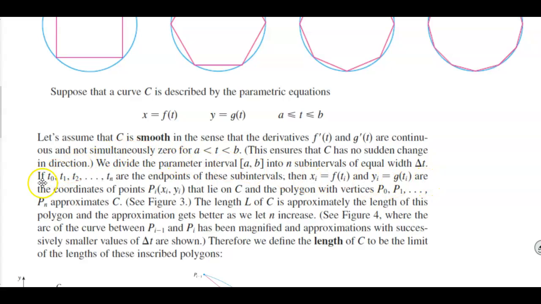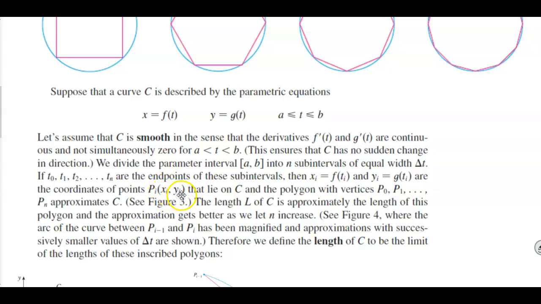If t subscript 0, t subscript 1, t subscript 2, all the way to t subscript n are the endpoints of these subintervals, then x subscript i equals f of t subscript i, and y subscript i equals g of t subscript i are the coordinates of the points